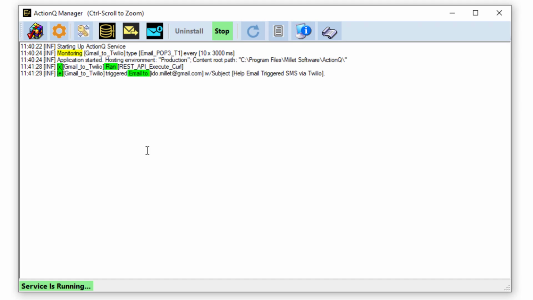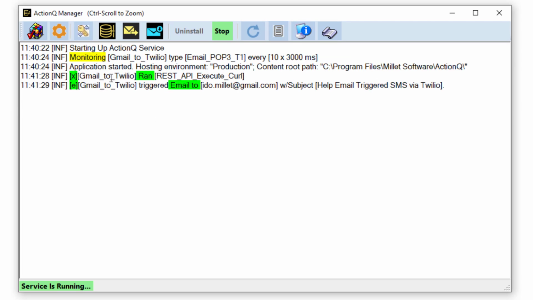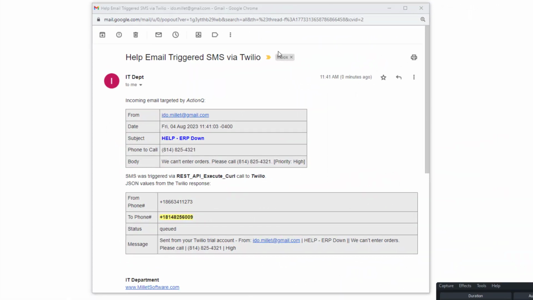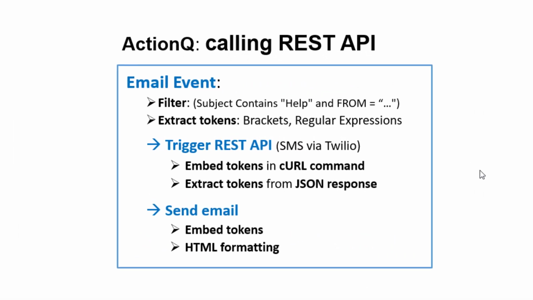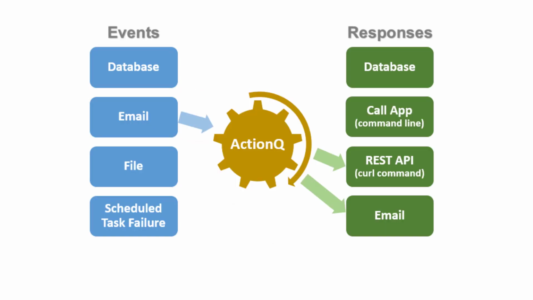There it is. The event just got triggered. And it's telling us that it executed the REST API call and that it sent the email. And here's the resulting final email reviewing the information from the triggering email and from Twilio's JSON response. I hope this clarifies how ActionQ can call a REST API and highlights some of the key features. While this demonstration was in the context of this particular sequence of event and responses, it should be clear that you can combine REST API calls with various other events,